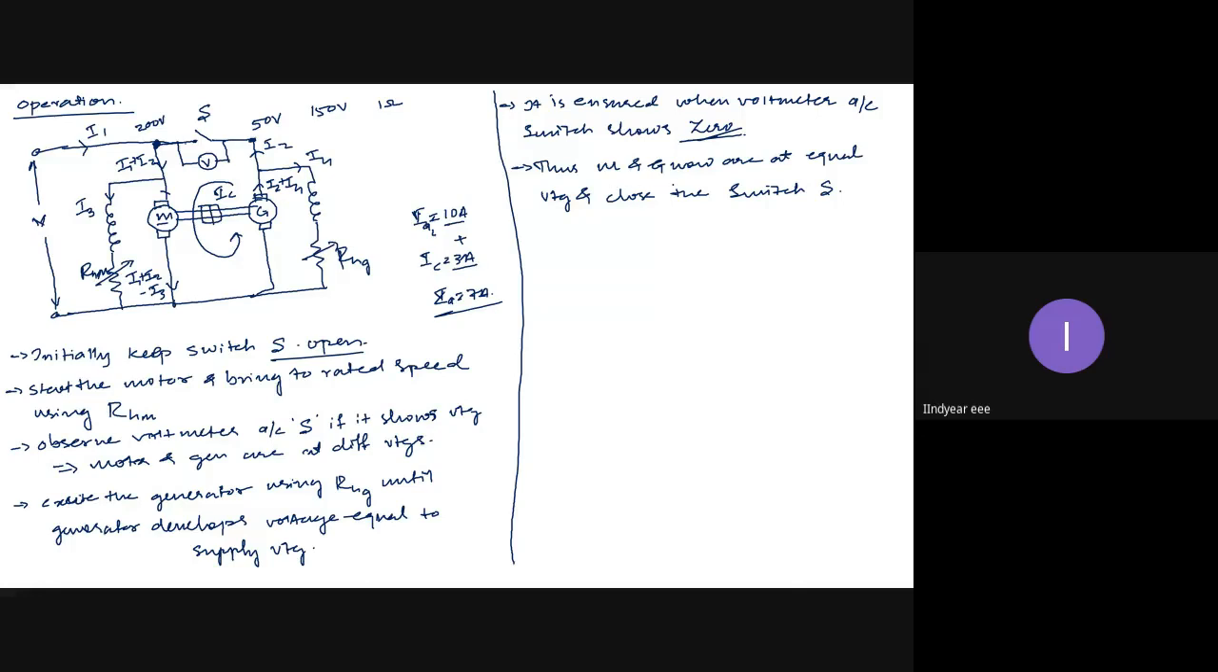Now, we will write a note. Okay. If armature voltages of motor and generator are different, the potential difference between them creates circulating currents, which may damage